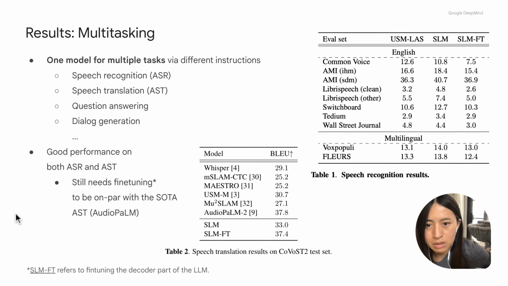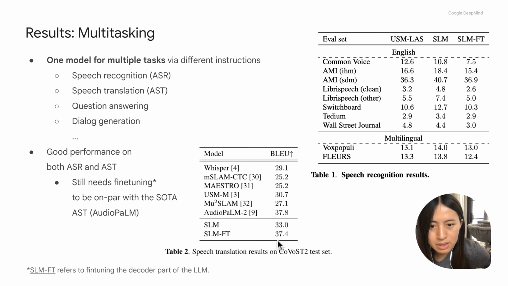So here are some results we show. First, we have run the speech recognition and translation. In table 1, we have the speech recognition results in a wide range of different tasks from Speech Stew, VoxPopuli, and FLEURS. And in table 2, we show the speech translation results on the CoVoST2 test set. And we achieve pretty good performance compared to USM. And then here for the translation, compared to other benchmarks.